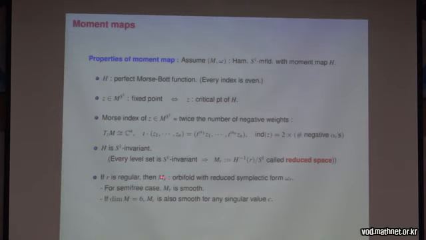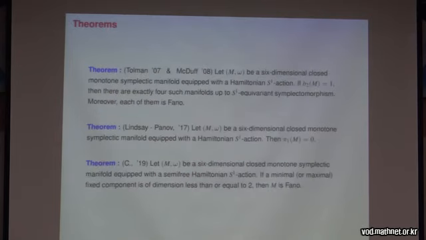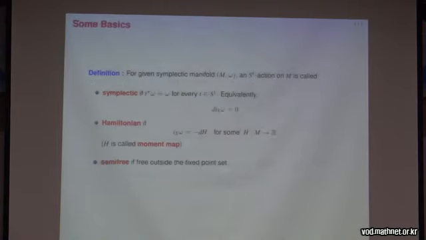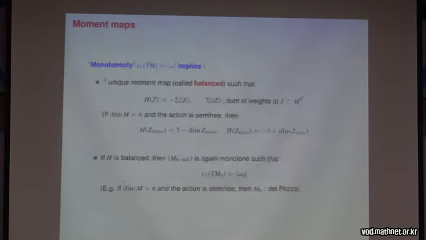Yeah, actually, the quotient space always admits the induced symplectic structure, which I denote by omega R. When you say the action is semi-free, yes, but the fixed point set is not necessarily isolated. And then why in this next page? Yeah. So, if dimension M is 6 and the action is semi-free, then